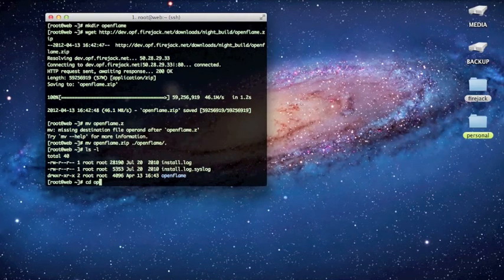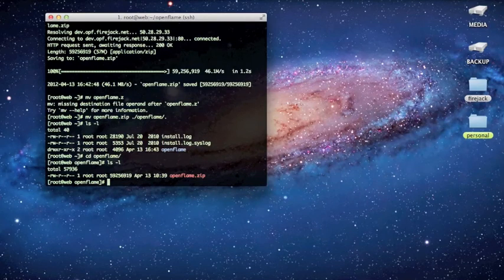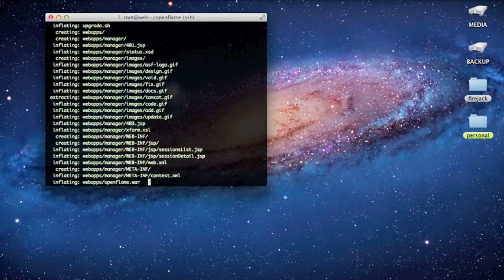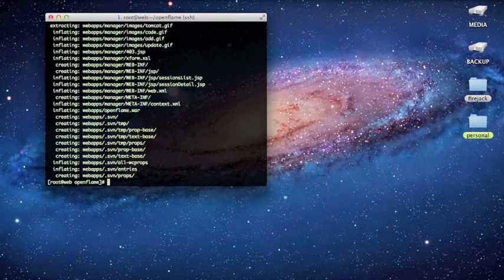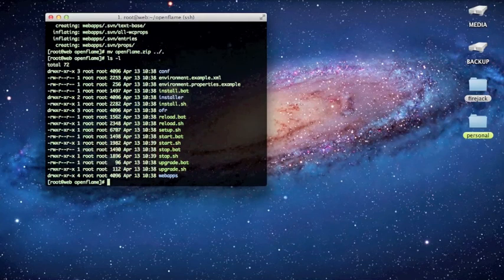I'm gonna cd into OpenFlame, and I'm just gonna go ahead and unzip OpenFlame zip. And then I'm going to go ahead and move the openflame.zip back out so that I can take a look at the install directory. So what's in here is basically everything OpenFlame needs to install. All we're going to do is run the setup.sh program,